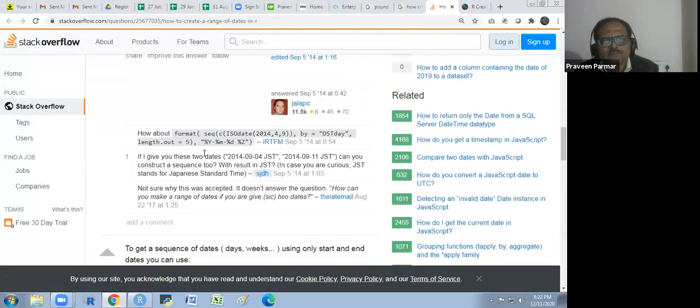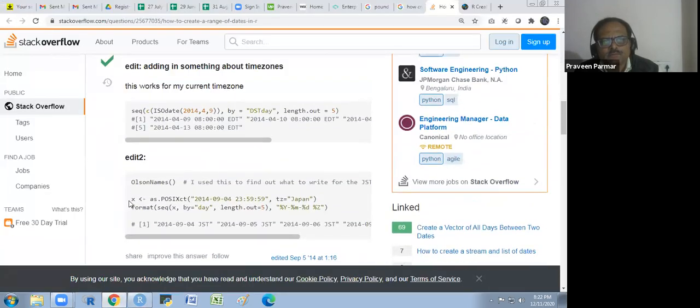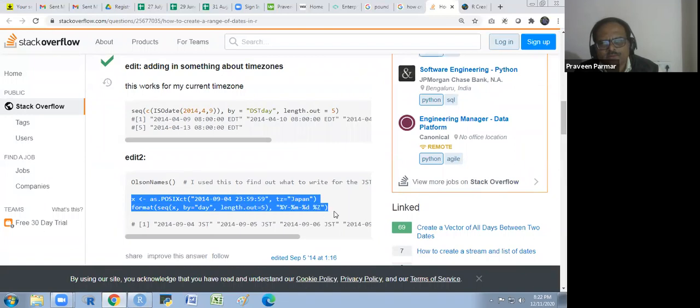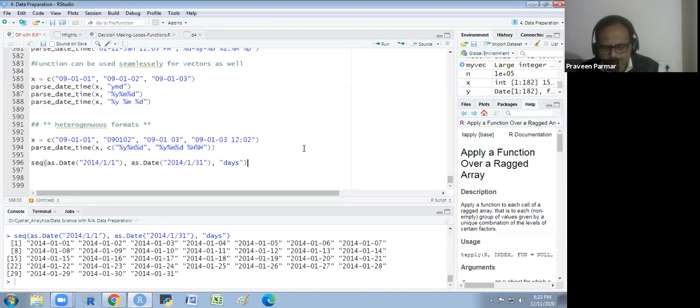That one, I have used previously. I showed this, but it's a little bit complicated. This is the simplest one, sequences.